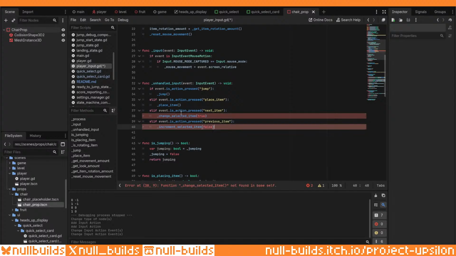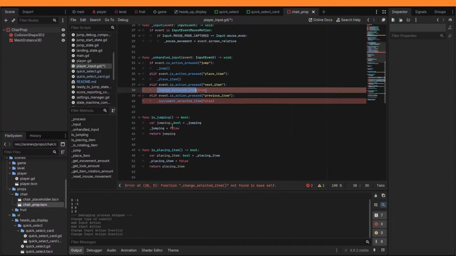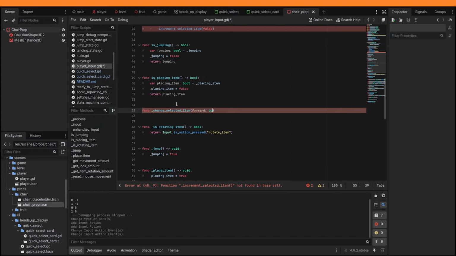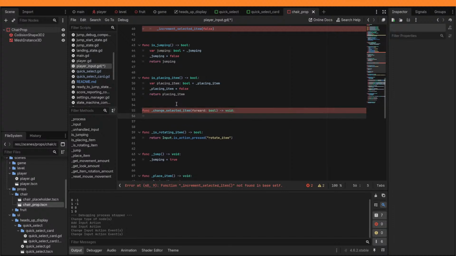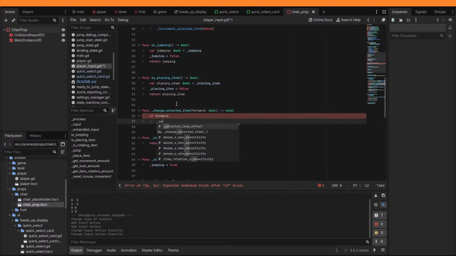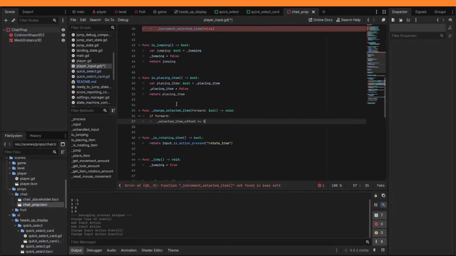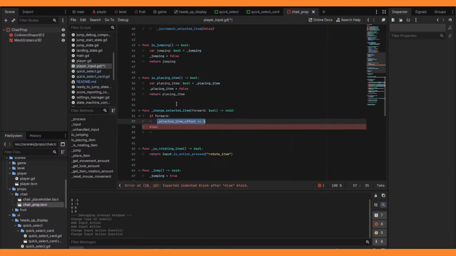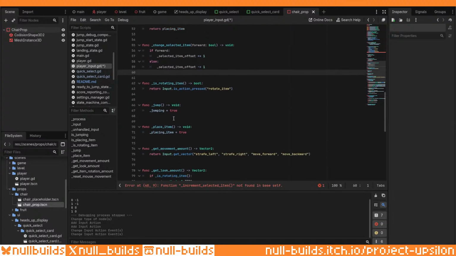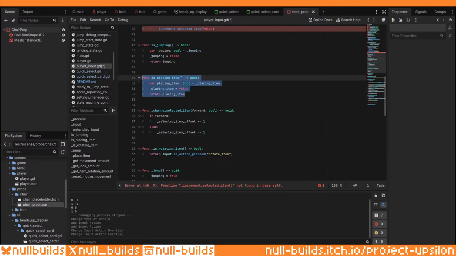And we'll have it as forwards as the parameter name. Okay. There we go. We'll do selected item offset plus equals 1, else minus equals 1. And then we'll do get